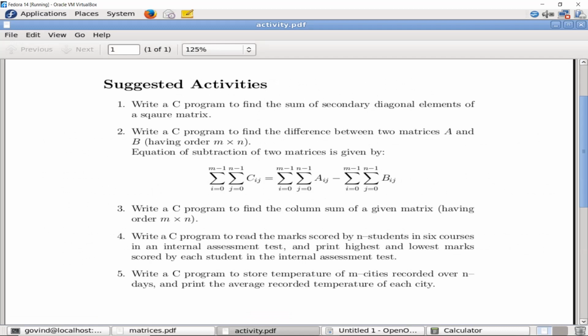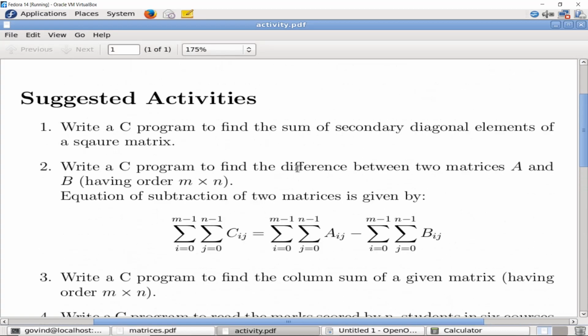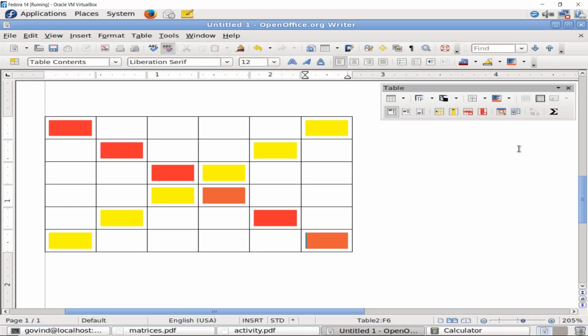You can try these programs as exercises. Let me read them for you. Write a C program to find the sum of secondary diagonal elements of a square matrix. What do you mean by secondary diagonal elements? This matrix shows both primary and secondary diagonal elements.